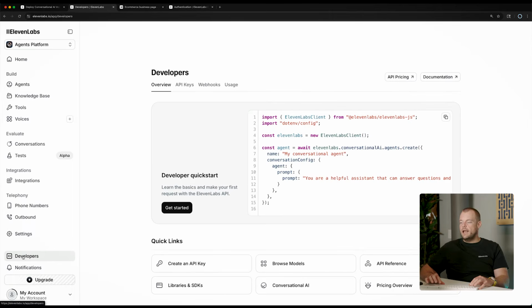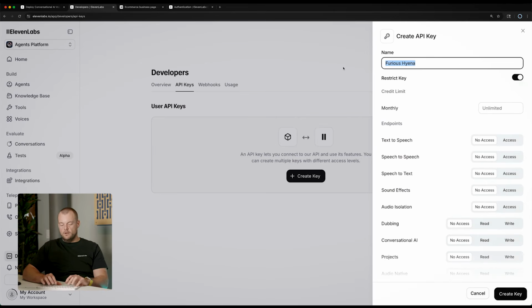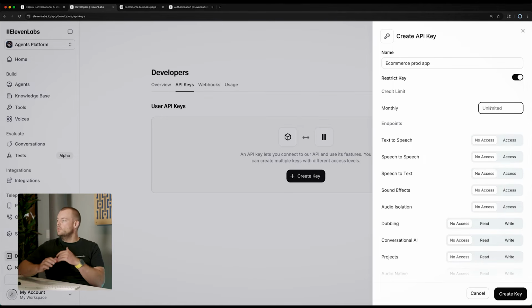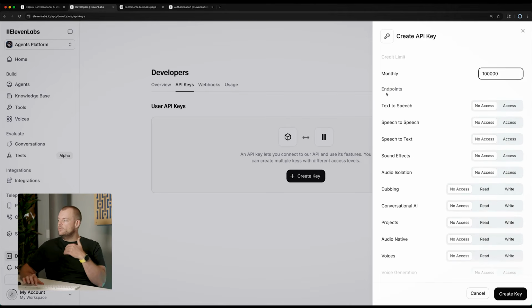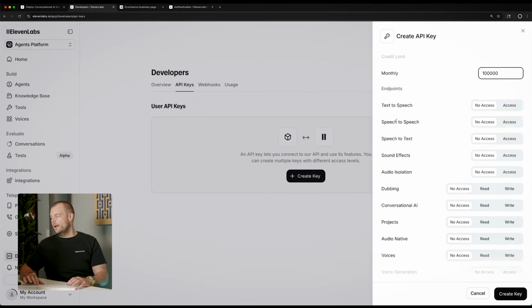So here we can head to the developer section, API keys, and we can create an API key that will allow us to connect. So we can say e-commerce prod app, for example. And what we can also do is we can configure a certain API key to have a limit of credit. So for example, if we want to say this environment is only allowed to use 100,000 credits per month, and we can also configure certain permissions for our API key.